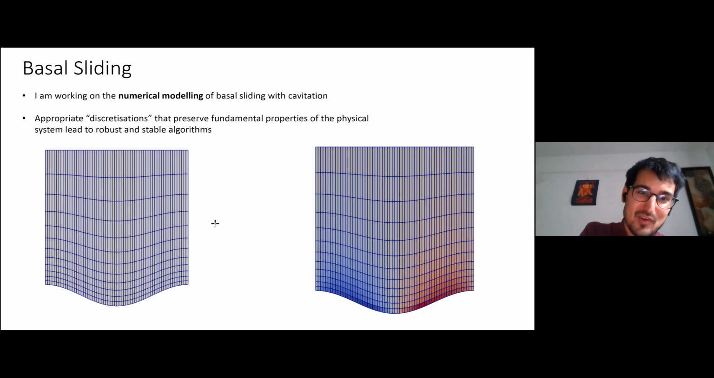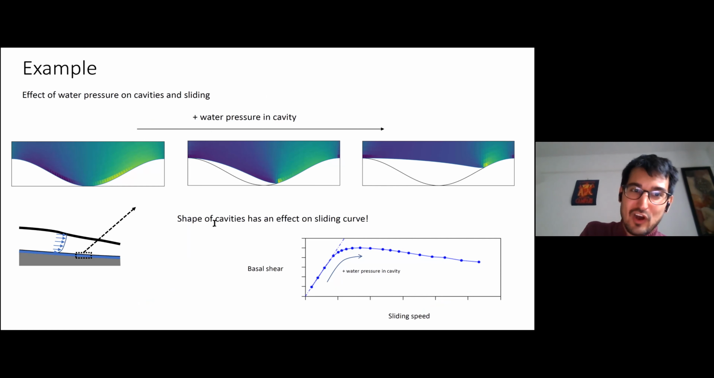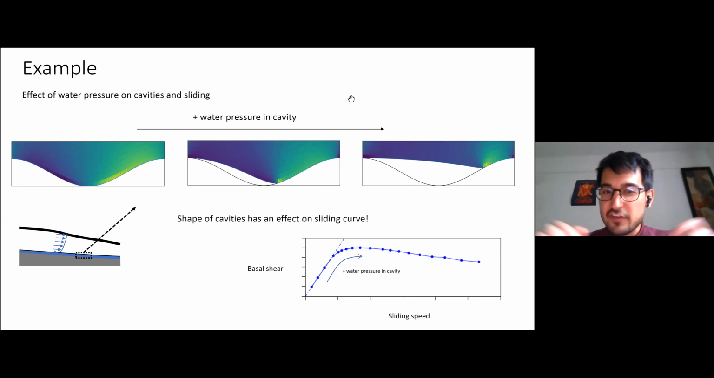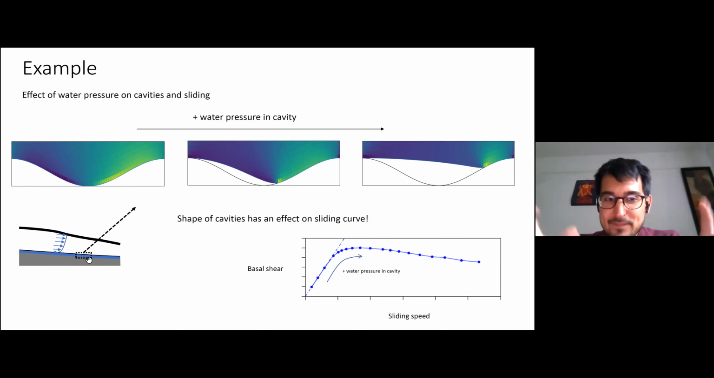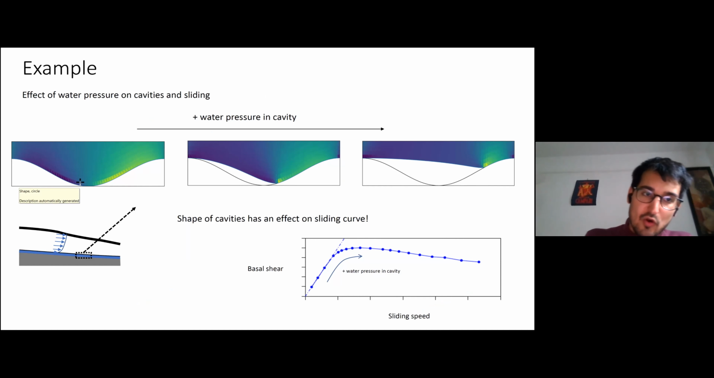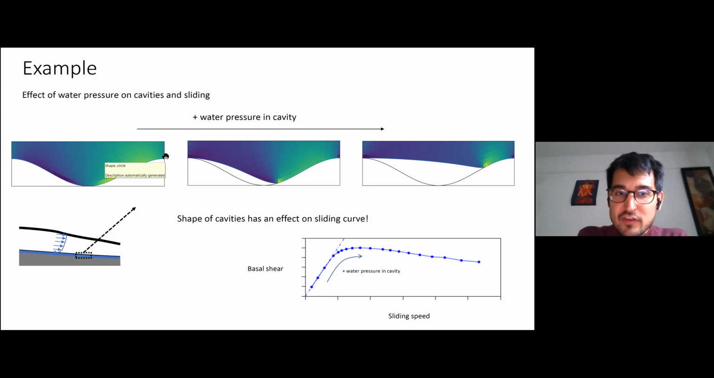And I can show some results from this numerical modeling of basal sliding with cavitation. So this is an example of some computations. What we have here is 3 different situations with different water pressures. So these 3 figures would be a zoomed-in image of what's happening when the glacier is sliding over an undulating bedrock. And what you see is that when we increase the water pressure in the cavity,